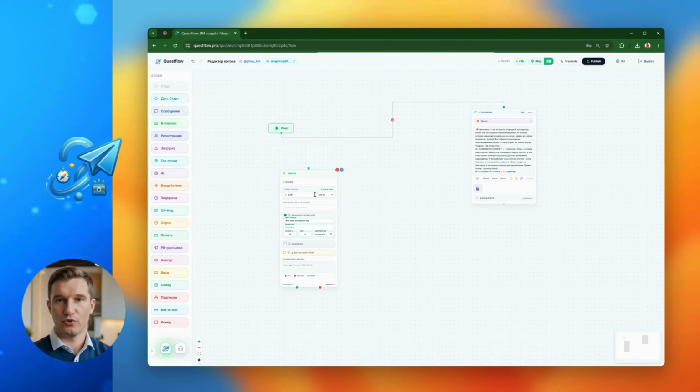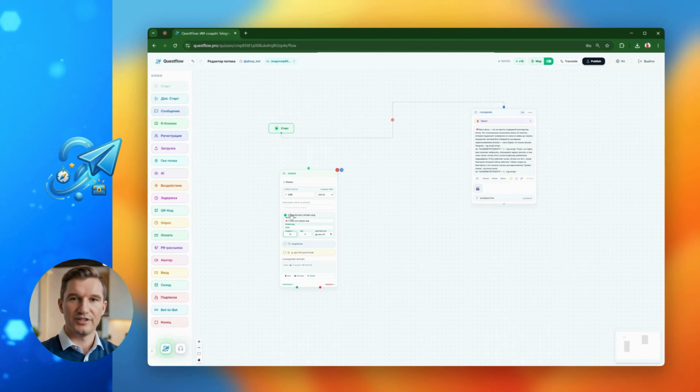There's also a great built-in promo code feature. You can create your own unique promo code for a percentage discount, let's say 10%. If your base service costs 100 euros, the client enters the promo code and pays only 90. You can set a specific expiration date for this promo code or limit its validity to a certain number of